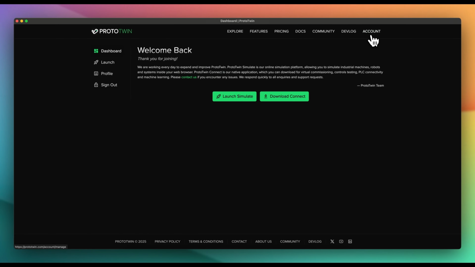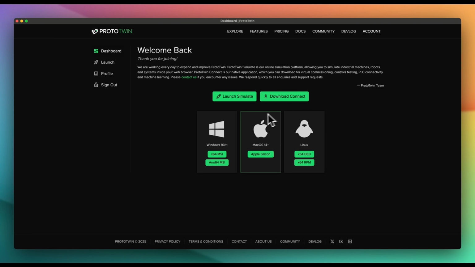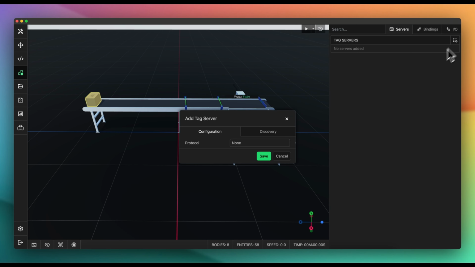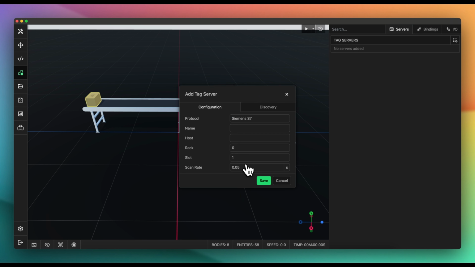If you navigate over to the account page on our main website, then click the Download Connect button, you will now be able to download the application for Windows on x64 and ARM, macOS on Apple Silicon, and Linux on x64. In this first example, I'll be using ProtoTwin's macOS Connect application to demonstrate connecting to a Siemens 1200 series